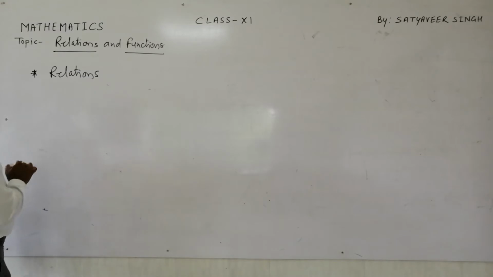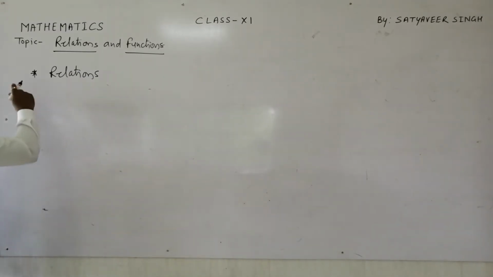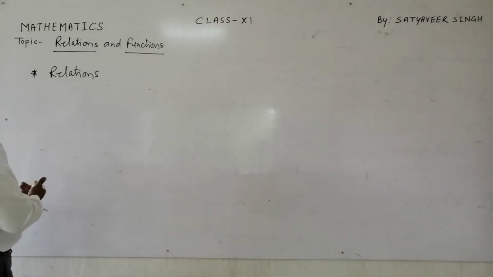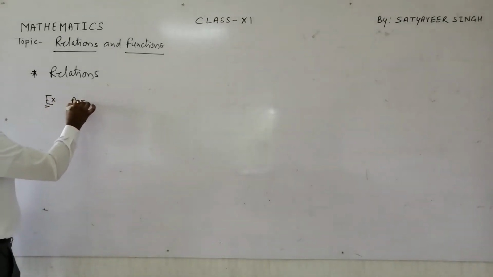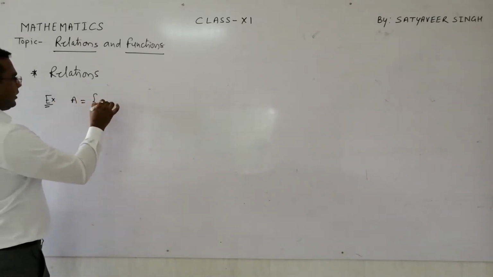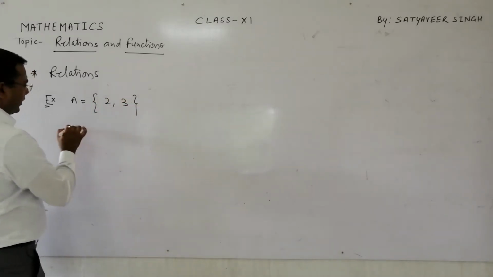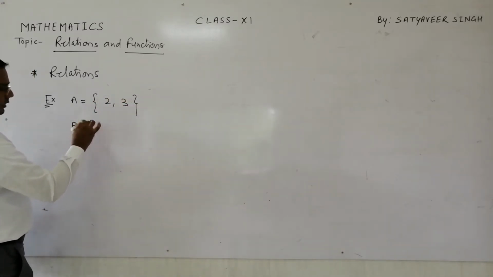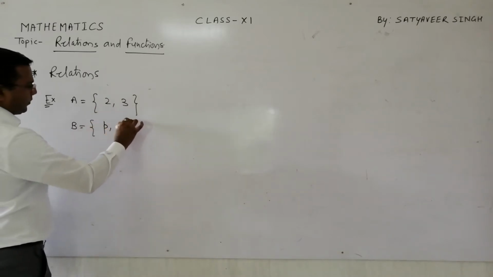relations. Try to understand, this is very interesting and very useful also. It is related to the Cartesian product only. For that I am taking one example again. There is a set A I am taking, suppose this set is having the elements 2, 3. There is another set B I have taken, suppose this set is having elements P, Q,